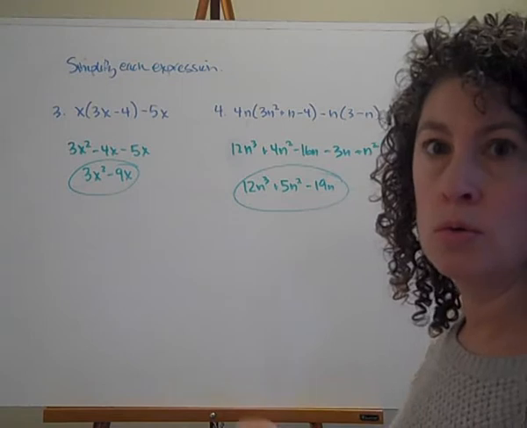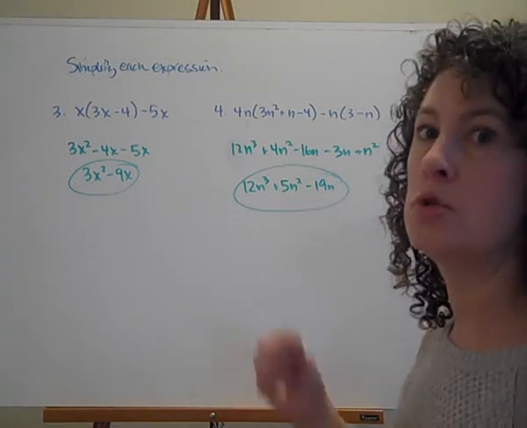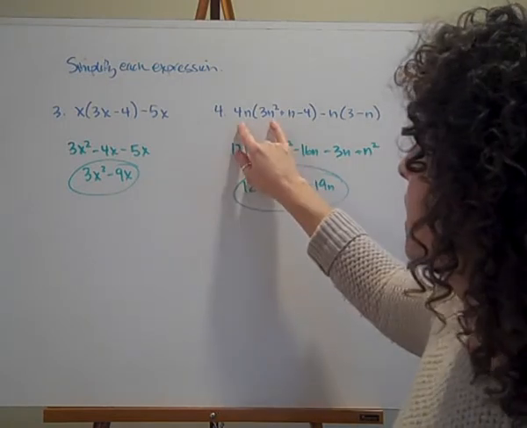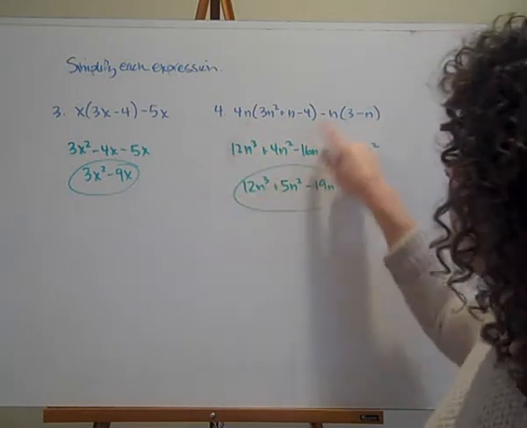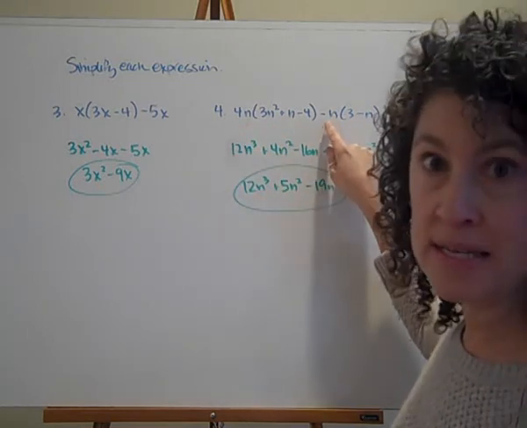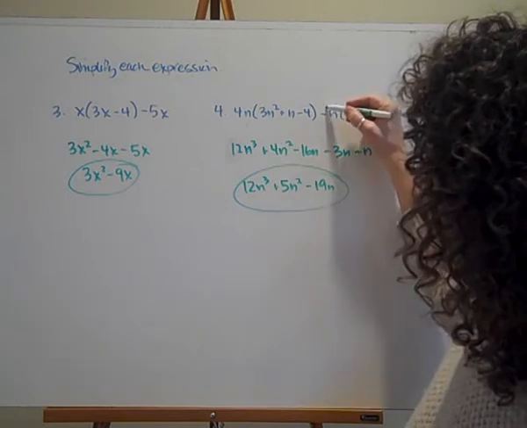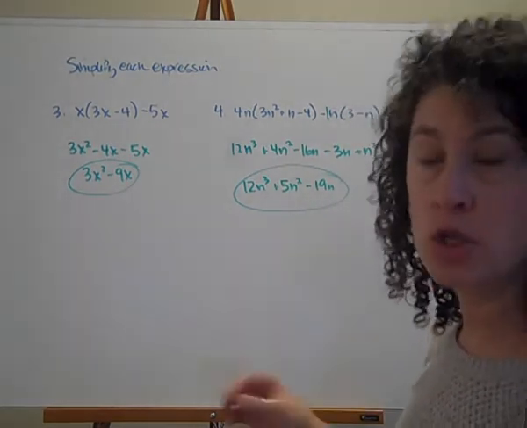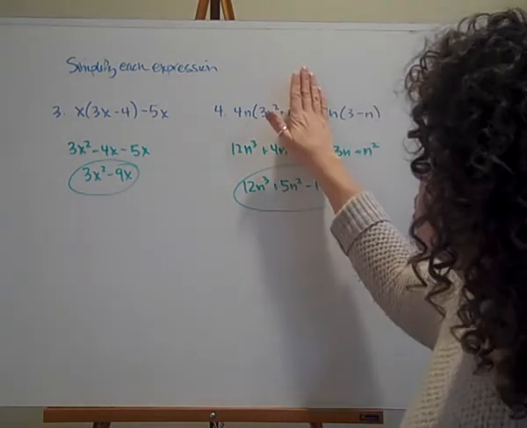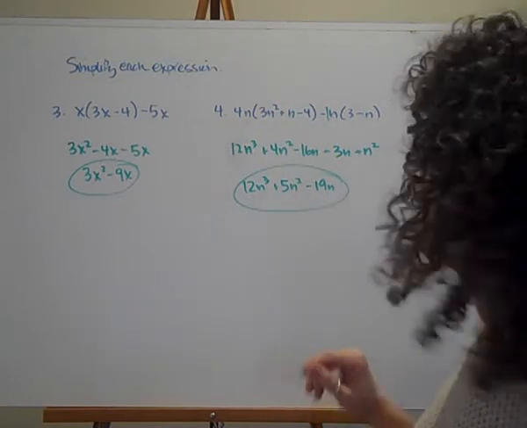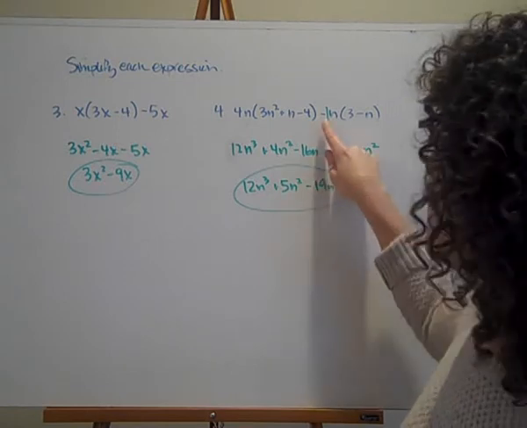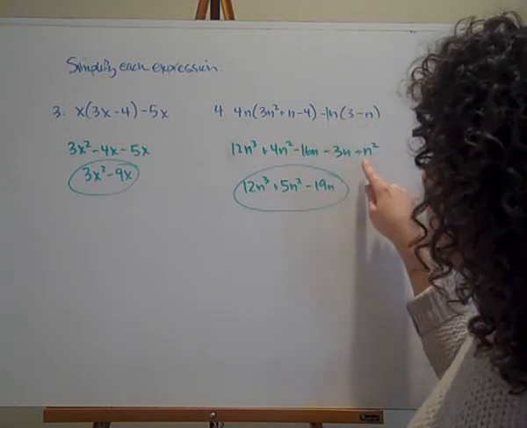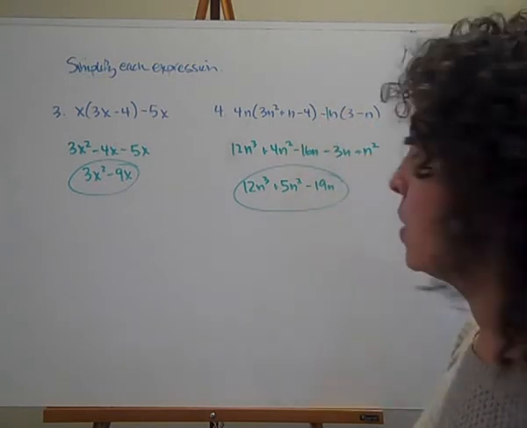We're using the rules of adding exponents as opposed to multiplying. When I'm multiplying here, n times n squared becomes n cubed. I'm also going to distribute this minus n here, which is like a minus 1n. So that negative 1 is attached to the n. Please remember that. We don't just lose that negative 1 and leave it hanging there. So negative 1n times 3 gives me negative 3n. And my negative 1n times my negative n gives me a positive n squared.